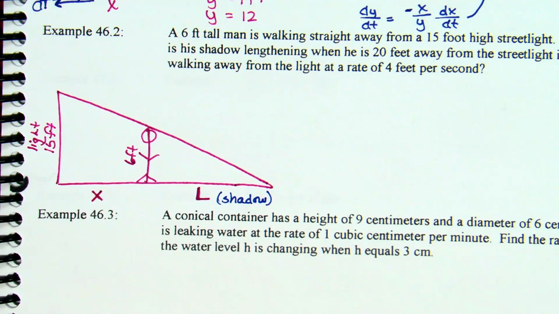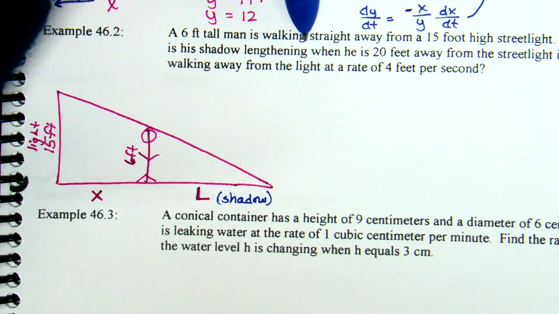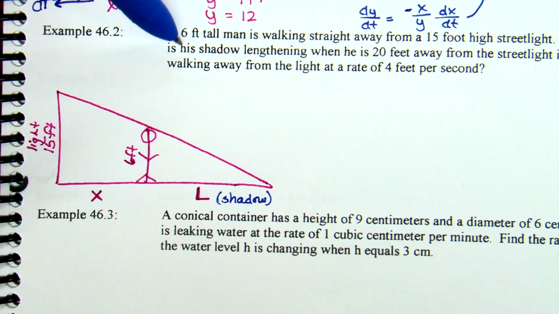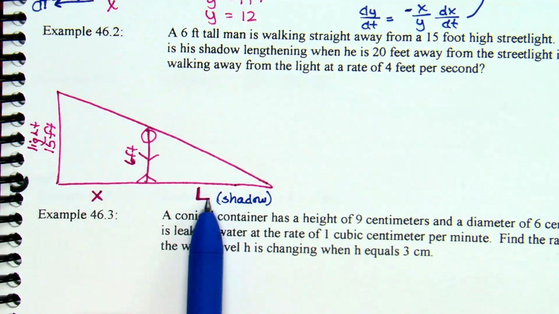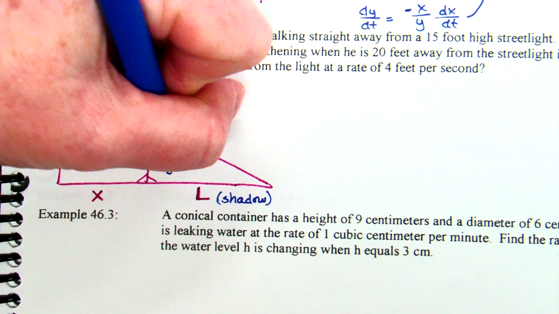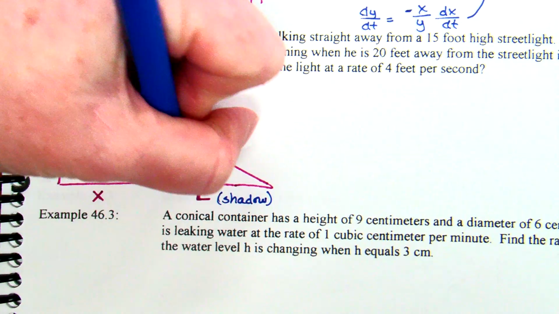Now, let's go back one more time. A 6-foot tall man walking straight away from a 15-foot high street light. At what rate is his shadow lengthening? What is that I'm trying to find? It's the derivative of L. So yes, dL/dt. What we're trying to find is dL/dt